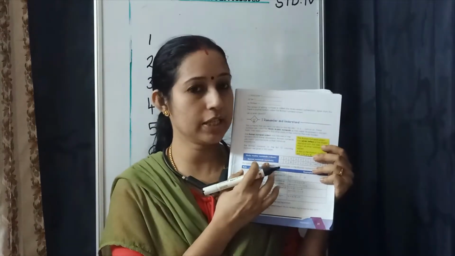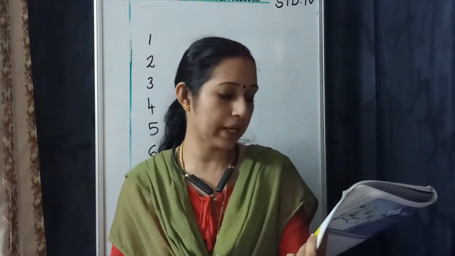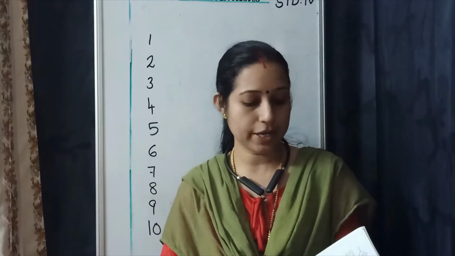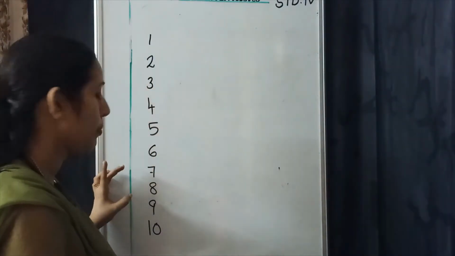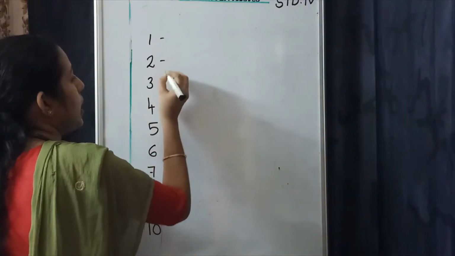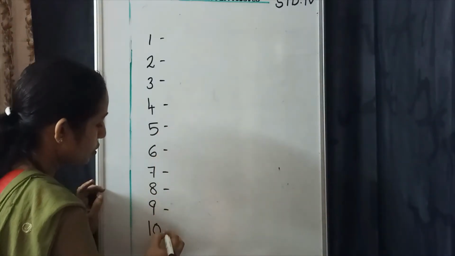All the rules are given in the textbook. So just learn the symbols, especially the first rule. That is very important. A symbol can be repeated a maximum of 3 times. Repetition of a symbol means addition. Now let's see how to write the Roman numerals of the Hindu-Arabic numerals 1 to 10.